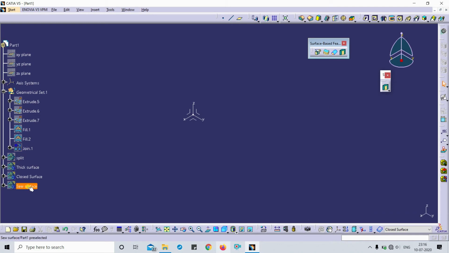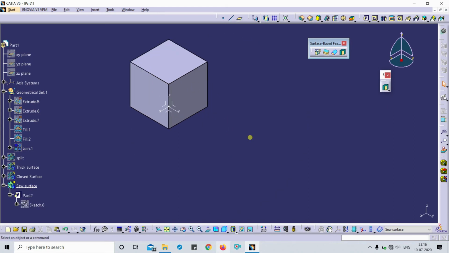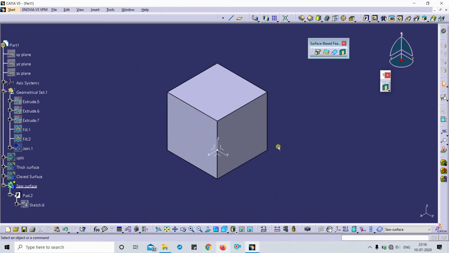I have drawn a simple cube, and basically sieve is a boolean operation combining a surface with a body. It has the capability to add or remove material by modifying the surface of the body. So I will show you how to use this sieve command.